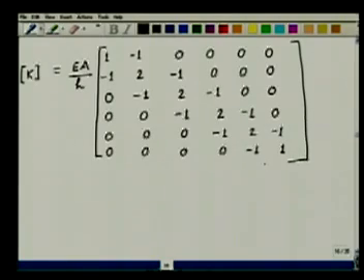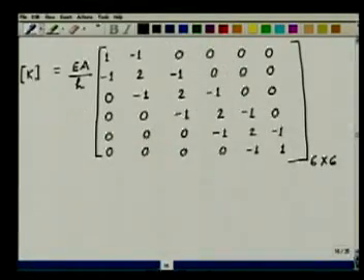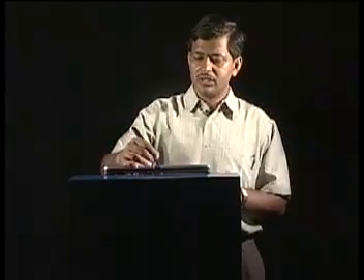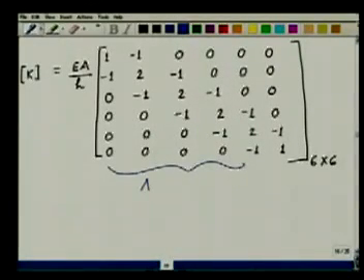So this is the global stiffness matrix that we were after, and you see very nicely by doing the computations at the element level and adding them up in this global matrix, I formed the global matrix. This whole process of doing the computation at the element level and then adding up these entries in the global matrix at the right locations in the global matrix using the local to global enumeration is called assembly.